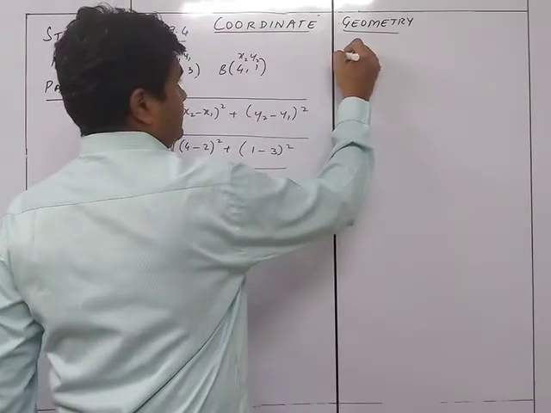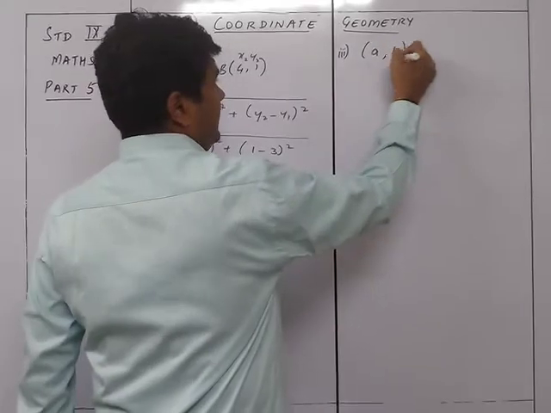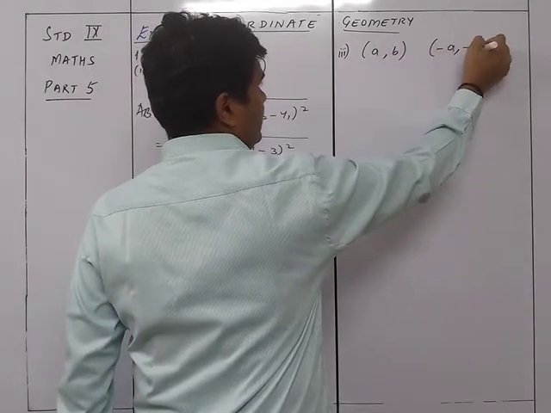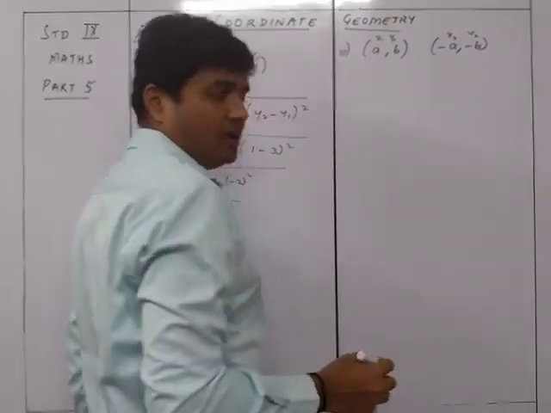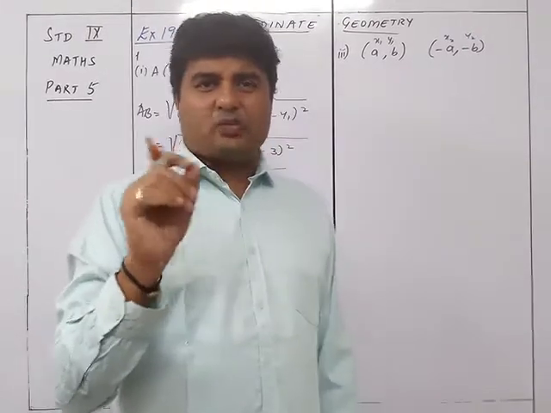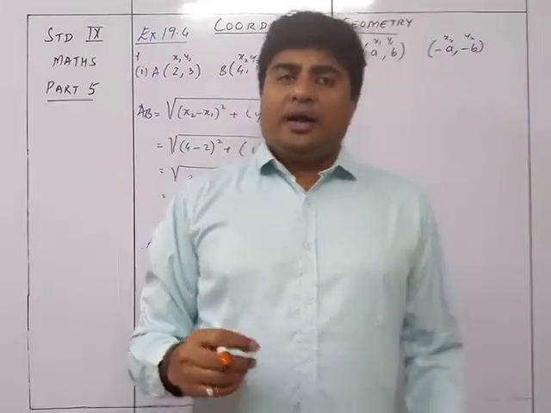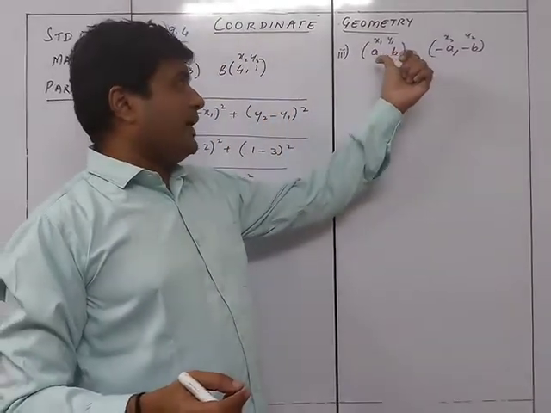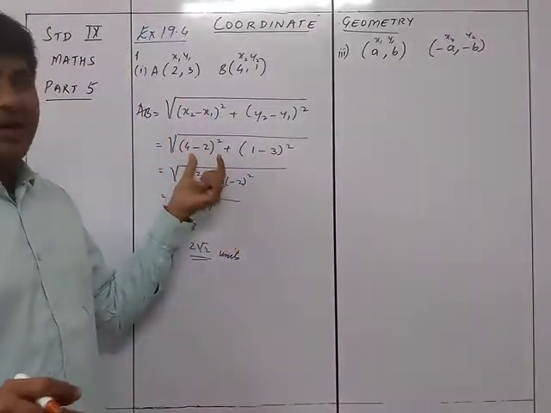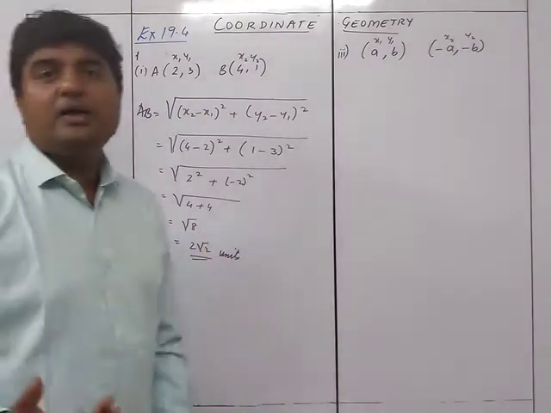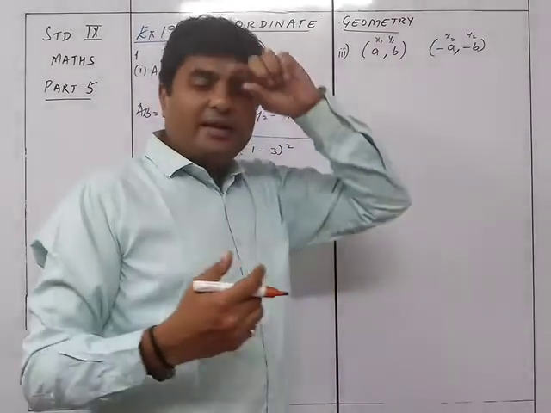So the third sum, the values are given as A comma B and minus A comma minus B. So this is my x1, y1, this is my x2, y2. It's always ideal to write this in pencil, x1, y1, x2, y2, so that while substituting you are not making a mistake. As such, if you take these as x2, y2 and this as x1, y1, it is not going to make any difference at all because anyway it's squaring. So even if a minus sign comes, after squaring you will get the same result. But just for the sake of it, you can always write it out this way so that it's easier to substitute.